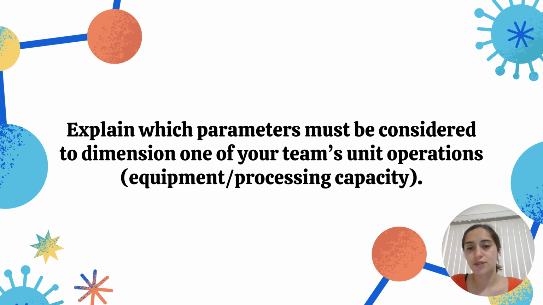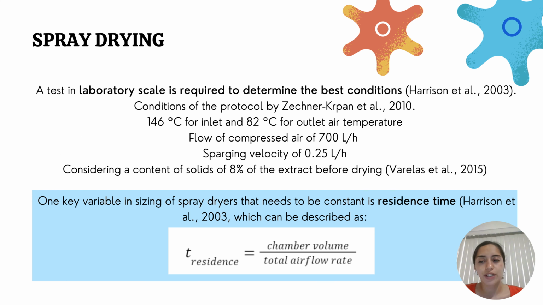My second question is to explain which parameters must be considered to dimension one of my team's unit operations. And I will talk about the scaling of the spray dryer. First, a reported laboratory scale methodology was used, which allowed us to select optimal operating conditions. In this case, the inlet and outlet air temperature, the flow of compressed air of 70 liters per hour, and a spraying velocity of 0.25 liters per hour, and considering a solids content of 8% of the extract before